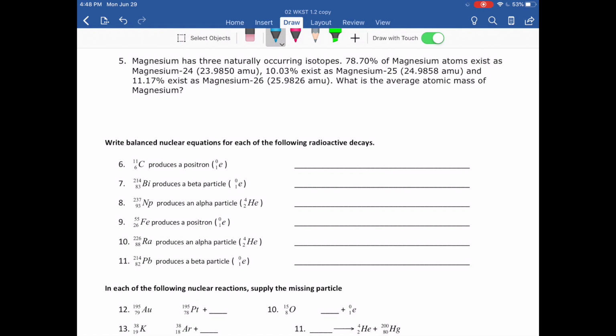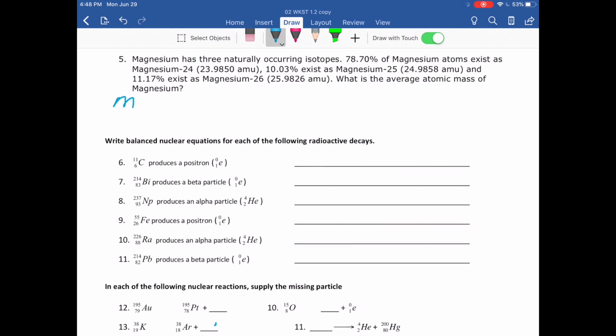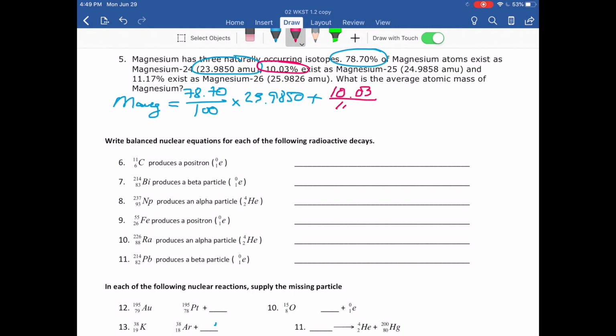To find the average mass of the isotopes of an element, mass average, you have to multiply the abundance, 78.70 divided by 100, times the mass of the isotope. So the mass of the isotope is going to be 23.9850, plus the abundance of the following isotope, 10.03 over 100 times the mass of that isotope, so